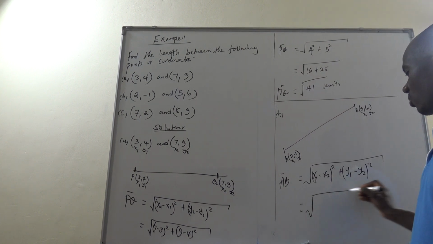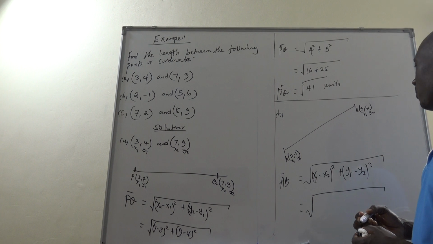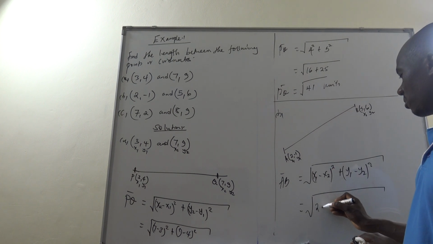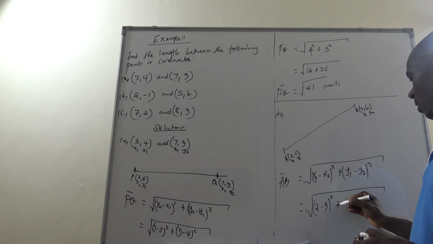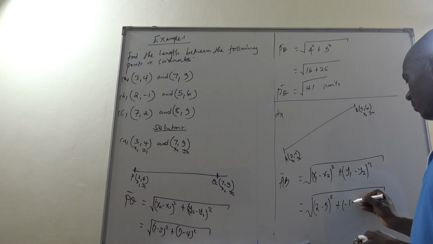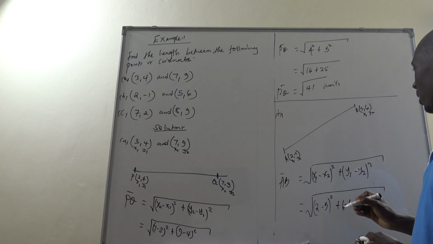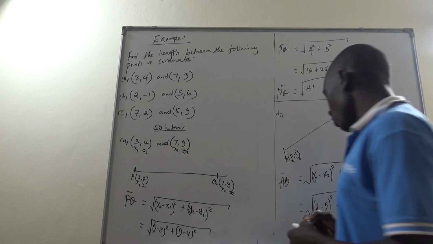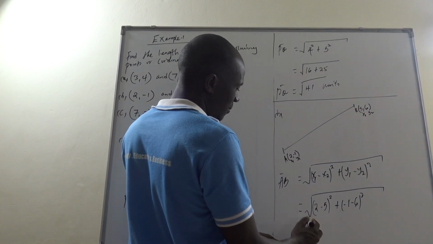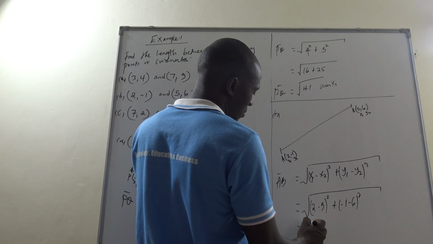So which is the same as root of, what is our x1? Our x1 is 2 minus 5, the whole of it squared, plus, what is our y1? -1 minus, what is our y2? It is 6, the whole of it squared. So can we try to go ahead and expand? So we are coming out with the root of,